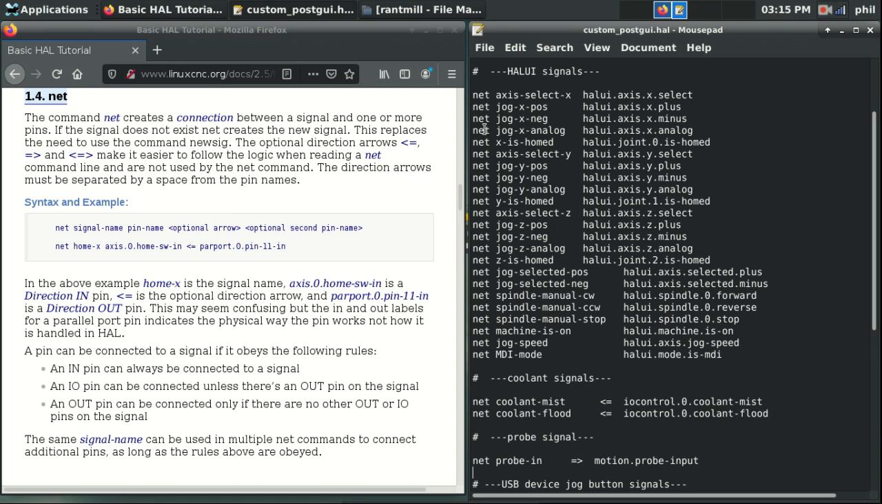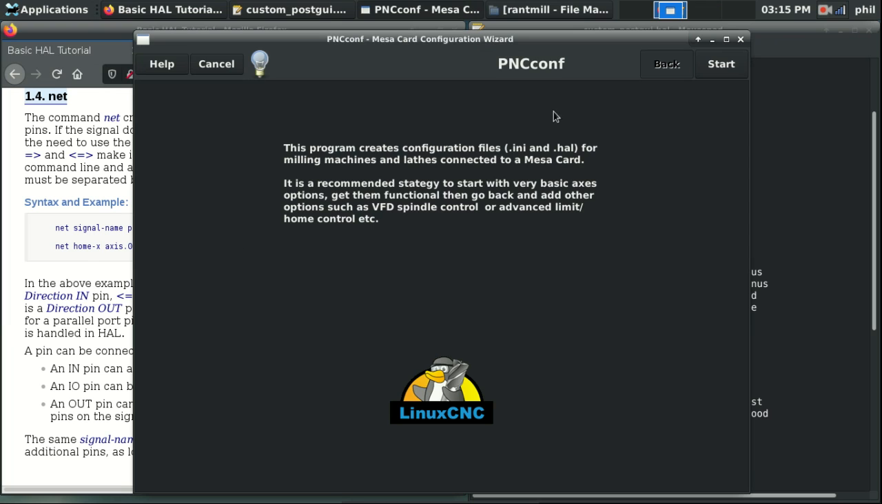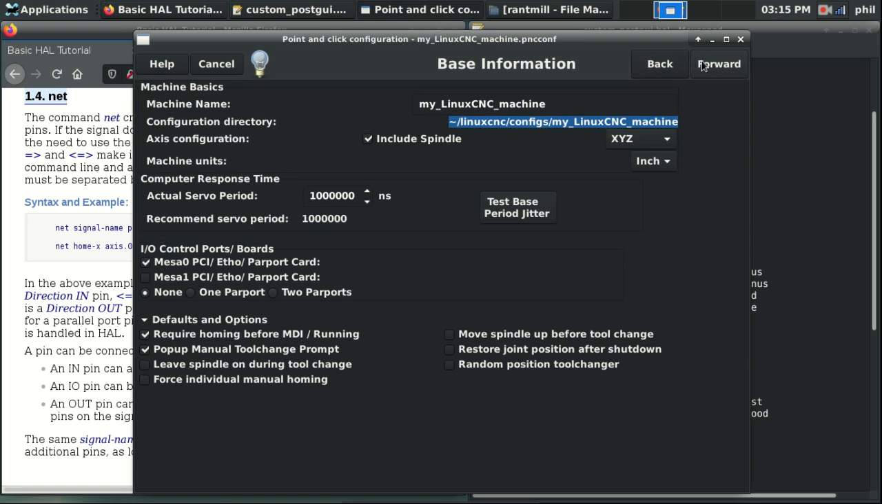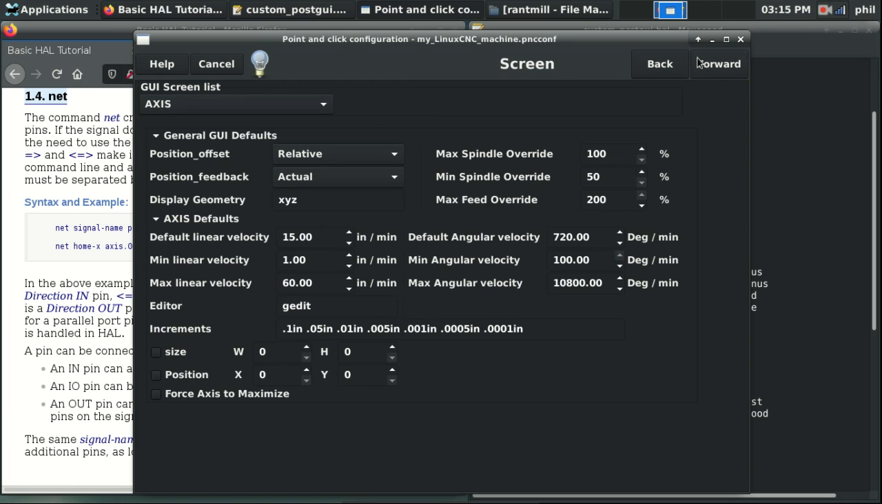Now, a lot of the stepper and a lot of the spindle control, that's all handled by the wizards. There's going to be a lot of times where you're going to need to know your net commands in order to do things that are out of the box. But if we go into, this time we'll do PNCconf wizard. In the PNCconf wizard, if we click on the Show Advanced Option page, and we just go through and we start creating a new machine,